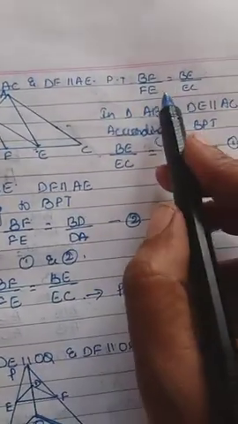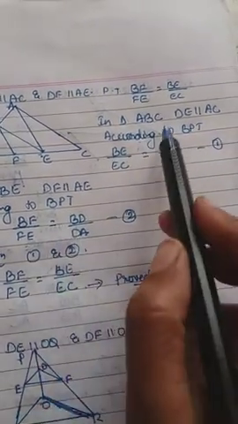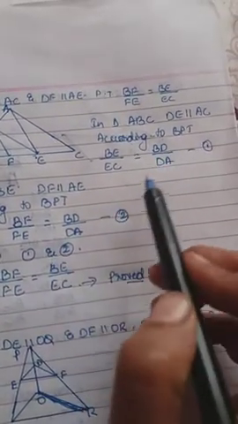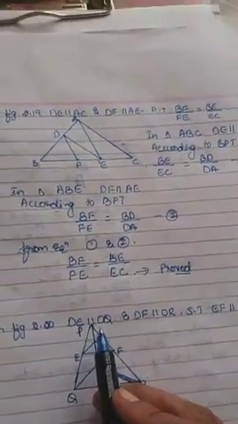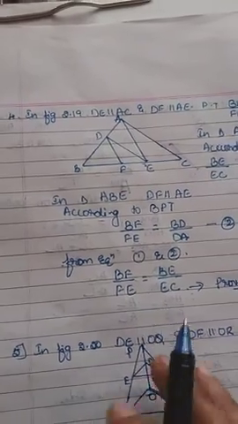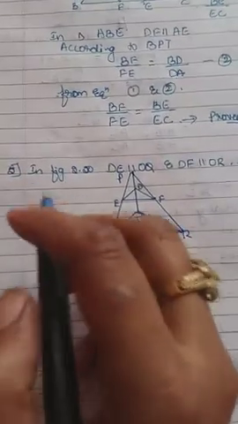See, they are asking that thing only, BF divided by FE equal to BE, because in both the cases BD divided by DE, that equal to those. Hence it is proved. Did you understand? So let us move. Very easy proof. You have to get to know that. If you prove that, you will get 3 marks. Definitely it should be. So anyone will ask.